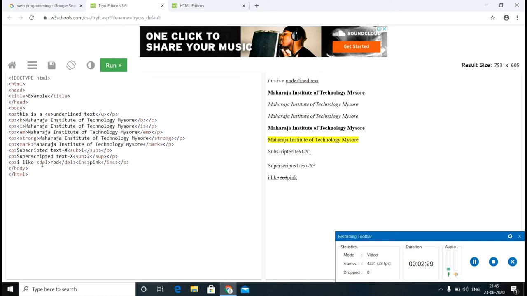When you use the delete tag, the text will be struck through. When you use the insert tag, INS, it will be underlined. Now I have printed: I like red, pink. It means I have enclosed red between the delete tag, right? So it is struck through. Okay, so this is one simple example using different tags.